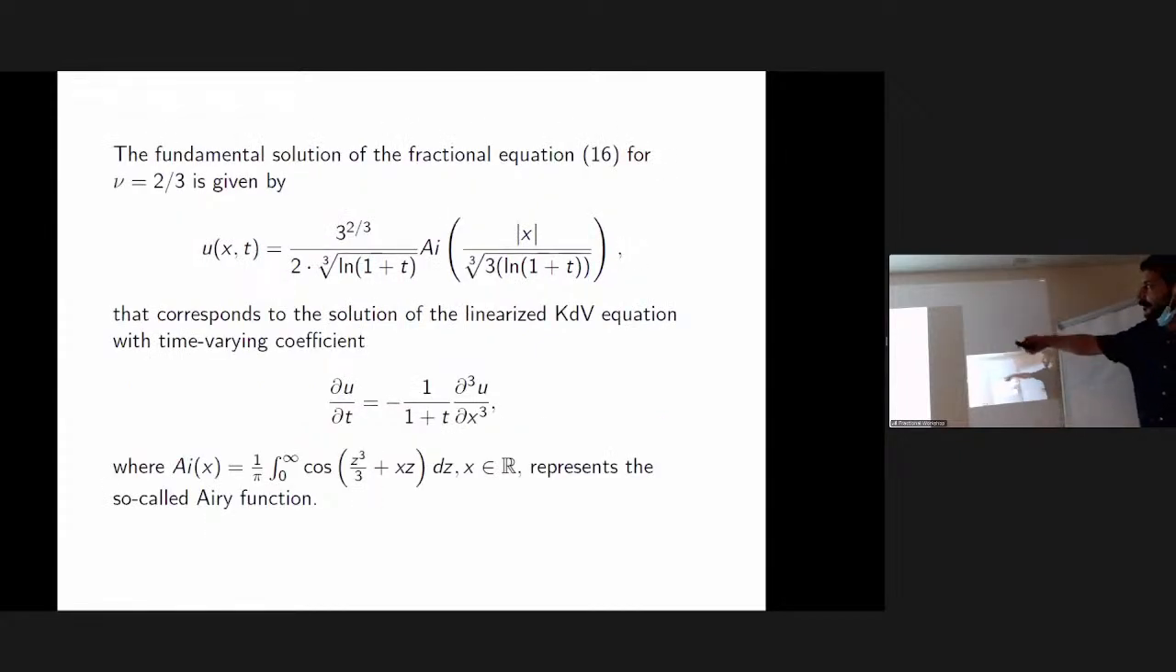Okay, this is in some way a form of ultra-slow diffusion. Finally, for m equal 2 over 3, you can find another interesting case because you have a linearized Korteweg-de Vries equation, because the fractional equation is